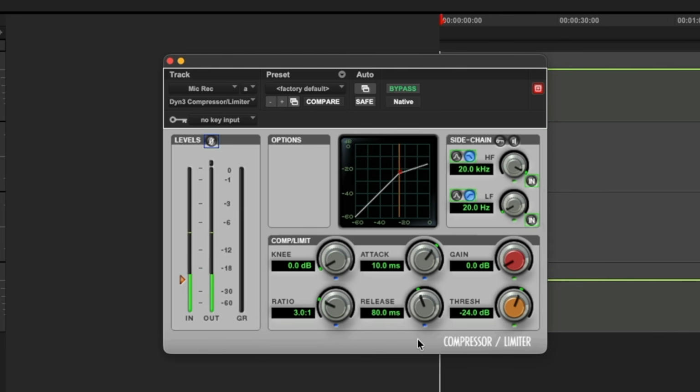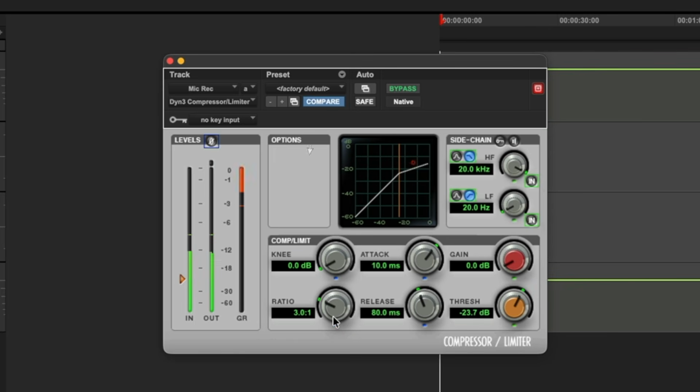Now, I'm not going to bang on and on about what a compressor does, because quite frankly, I find it boring. And there are thousands of videos on it, but I will tell you what you need to know for this. So I'm just going to give you a brief overview of the controls. So we've already mentioned threshold. So whatever you set this at, anything that goes above that threshold, minus 24, it'll start compressing. And you can see on the old GR meter there, it's compressing my voice by about minus 3 dB,